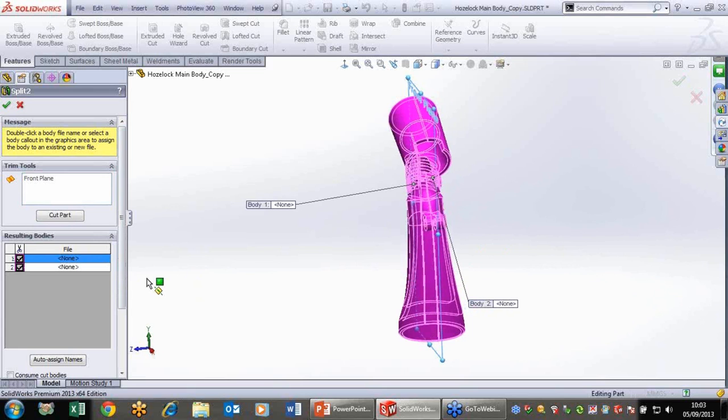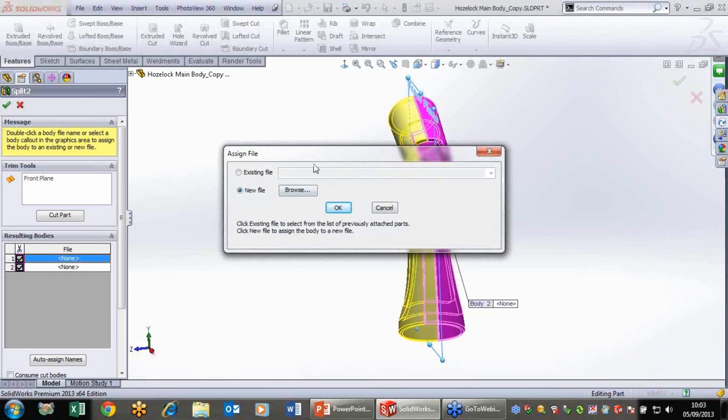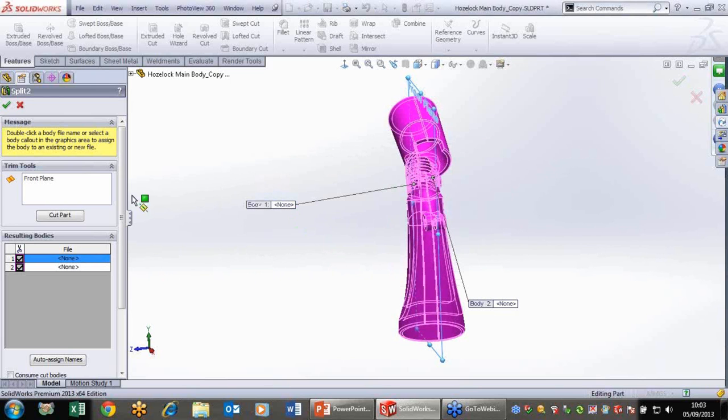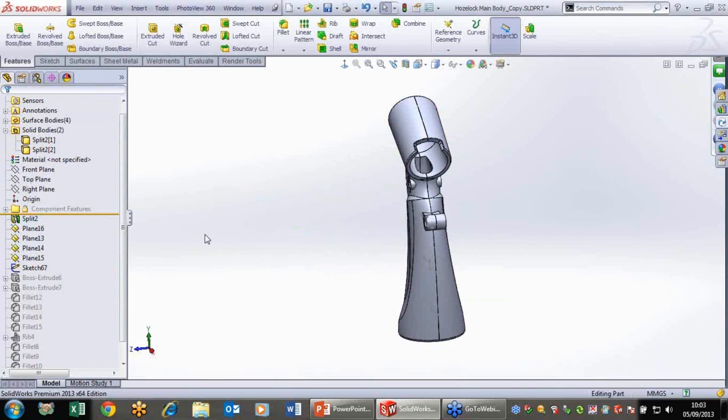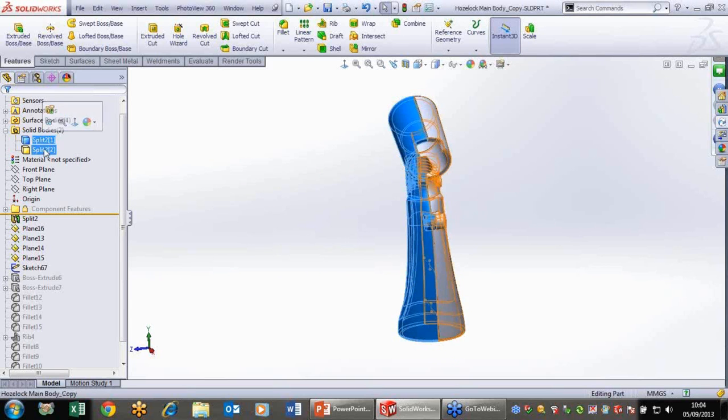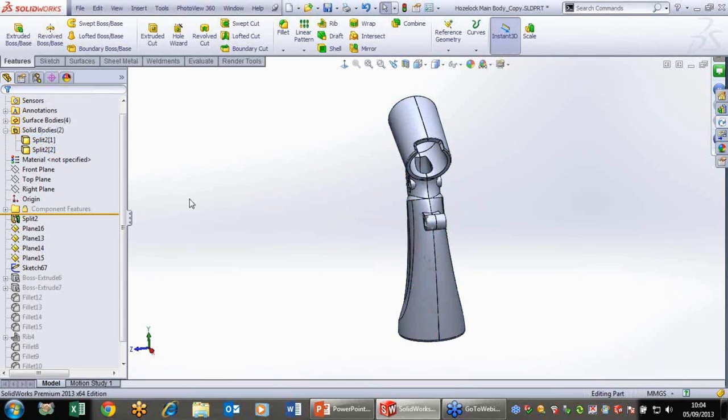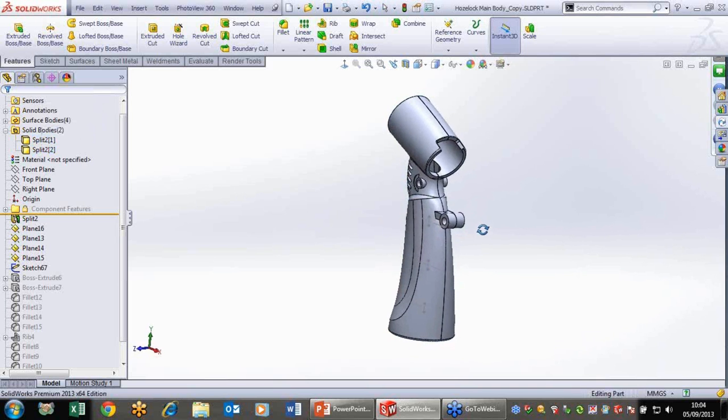Now you can save these bodies externally if you want, just by double-clicking in the file here, and you can save them externally as a different part. For now we're just going to leave them internally, so we'll just X that. So you'll also notice that in our solid bodies folder we have 2 bodies, so we can now begin to create our internal features. So we'll just hide one of these bodies